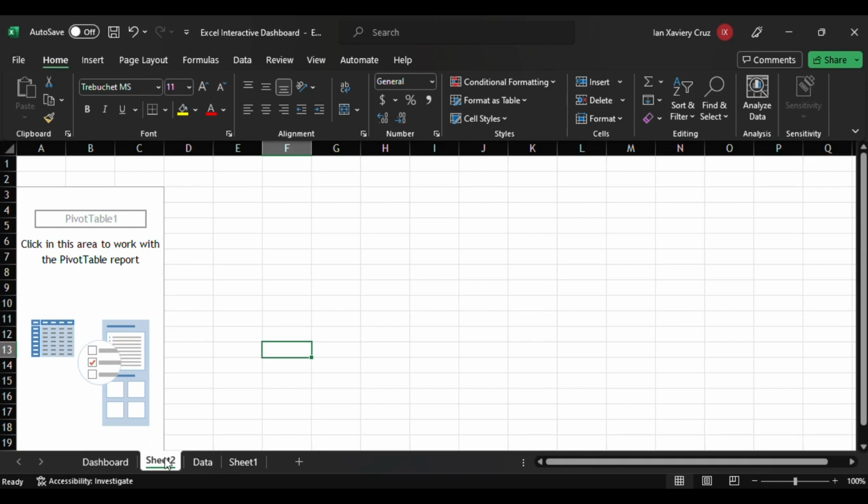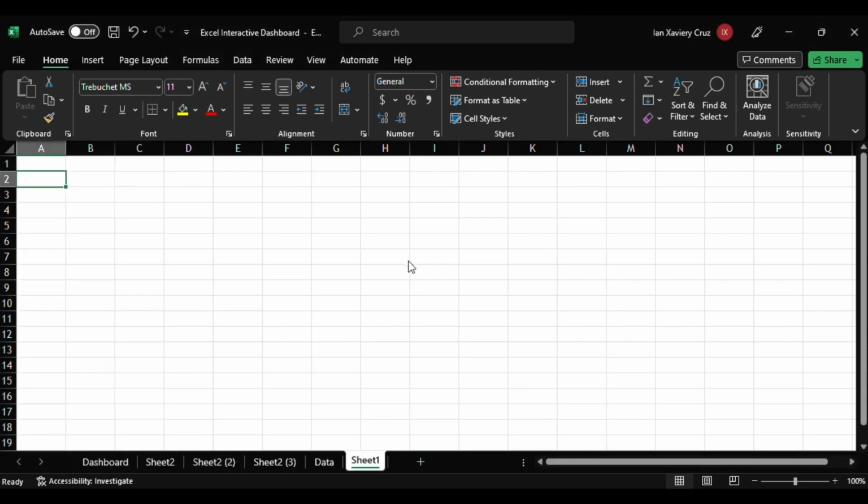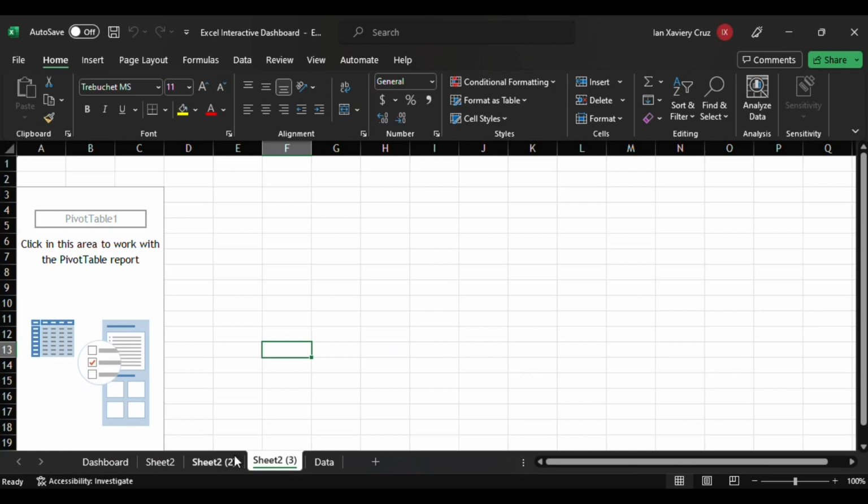that opens up a prompt and it asks us what table or range do we want to use. I'll simply select Table 3, this table I just created. I'll place my pivot table on a new worksheet, and then I click on OK. This now drops me into a new worksheet, Sheet 1, and I can now start building my pivot table